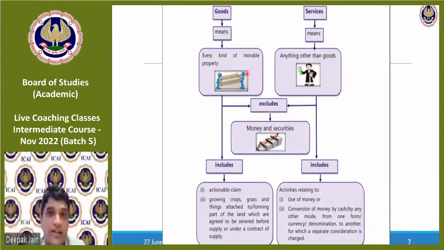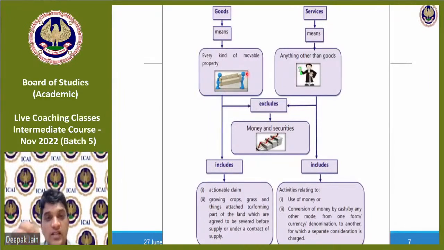Immobile property is clearly defined. Okay, immobile property means anything which is attached to earth, land, building, all of that is mentioned in the Immovable Properties Act, saying what is immobile property, and movable property means anything other than immobile property. So services means anything other than the goods. Okay, whatever is goods is defined. Services means anything other than goods, but it excludes money and securities. So money and security is excluded from the definition of goods as well as from the definition of services.